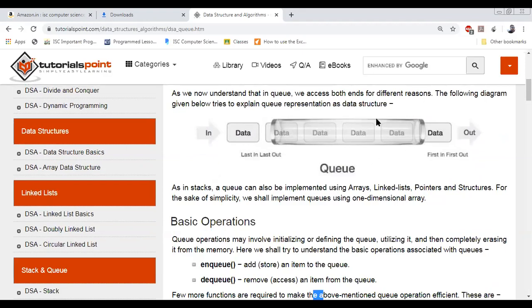Any doubt in this diagram? Basically, the shifting process is happening. This is a kind of water bottle with both ends open. You are inserting the data, and the data is getting shifted one after the other. Suppose you enter the first data here, then the second data here. The second data will push the data inside. So if you keep on entering the data, the first data will keep on shifting its place, and finally there will be one point where it comes out of the queue.